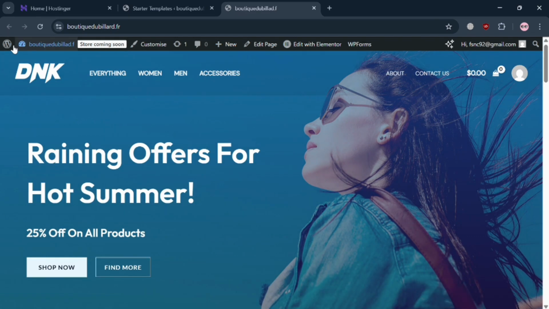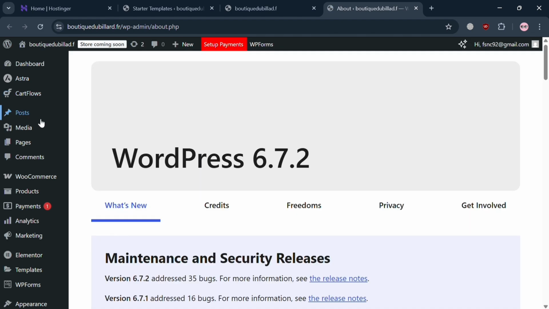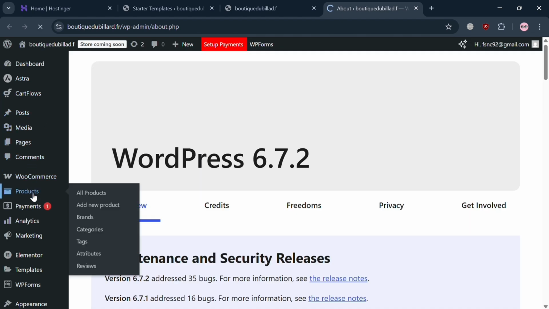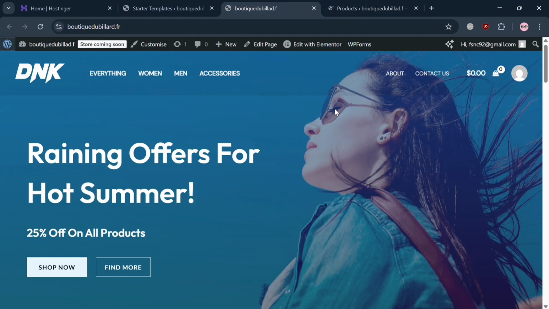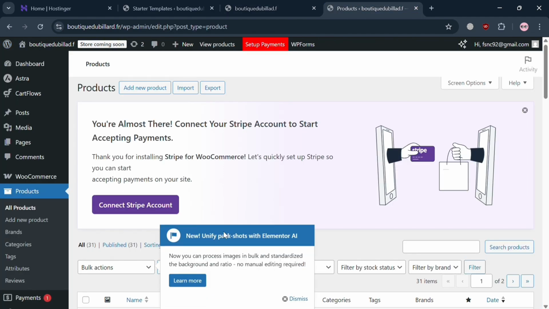And to start adding or changing some of the products in here, all you need to do is simply go back on the dashboard by clicking on the top left corner, the logo of WordPress. Then you will be directed to this page, and on the left side panel just click this products option. By clicking on it, it will show you some of the list of the products in this website,